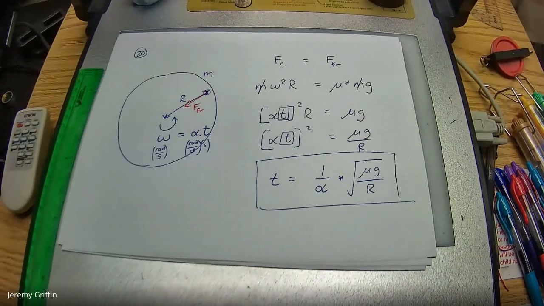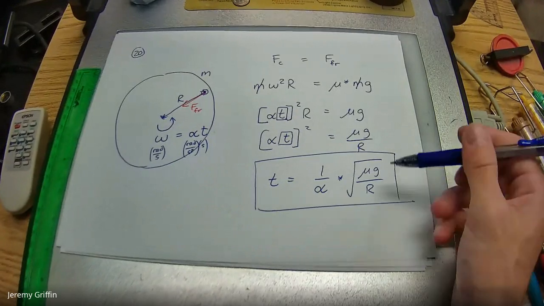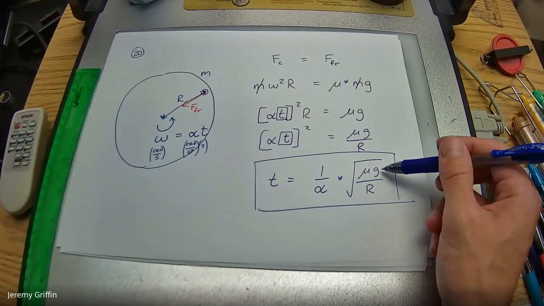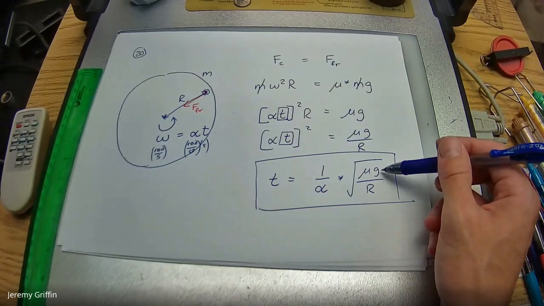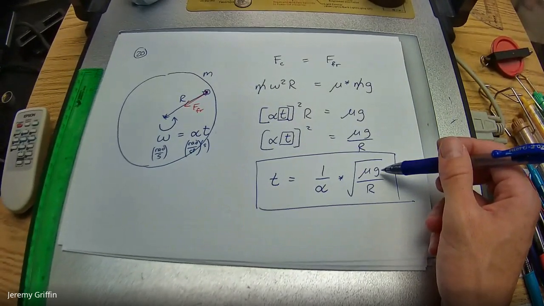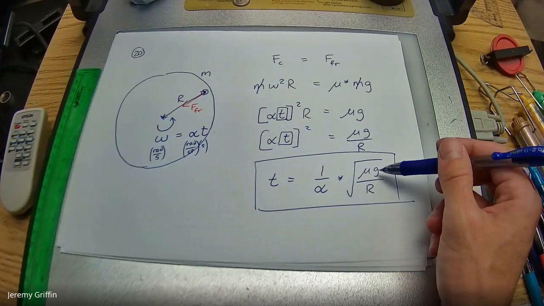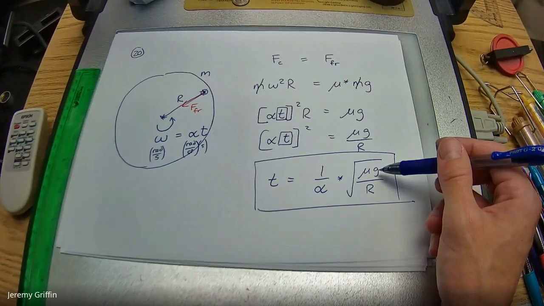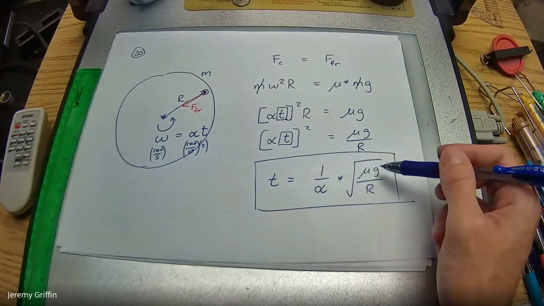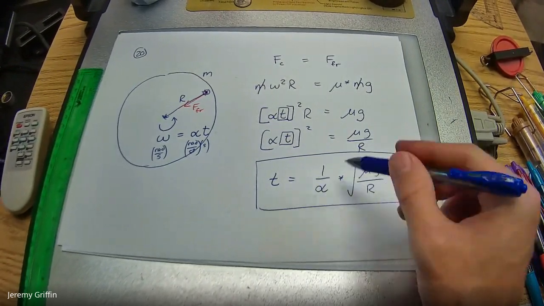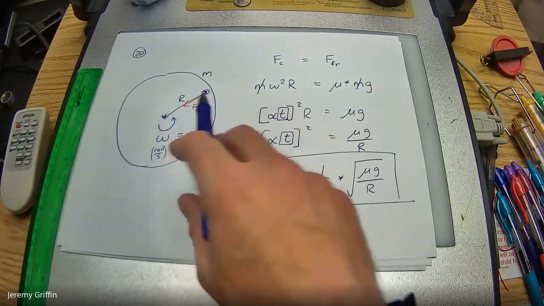Let's think about what this would mean. How does this play out? So what if you were to go to a planet that had more gravity, like increase the gravity? Would it take more or less time for that coin to slip off? More time, right? Suppose you had 4 times the gravity field. Then it would take twice as much time before it slipped off, right? Because that gravity is really holding that coin down.